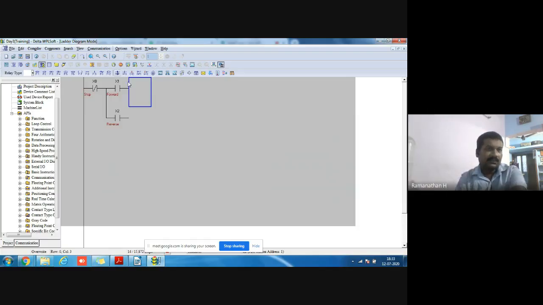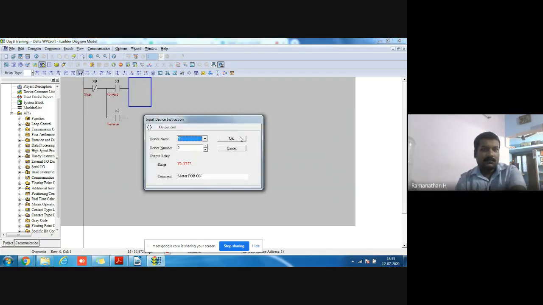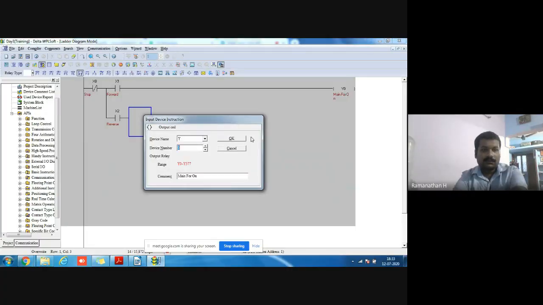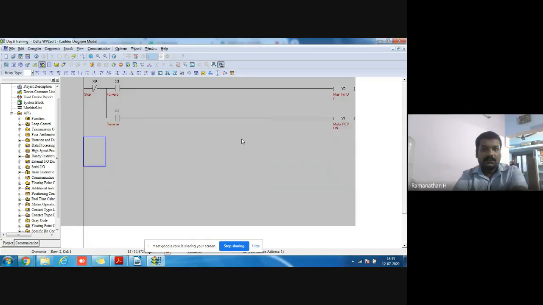One is the main contactor forward on. That's one operation. The second one is the main contactor reverse on.